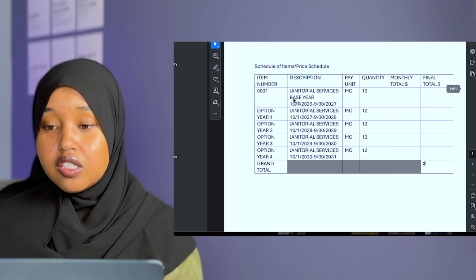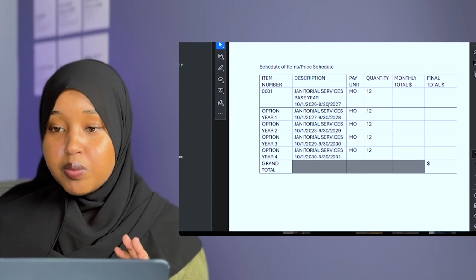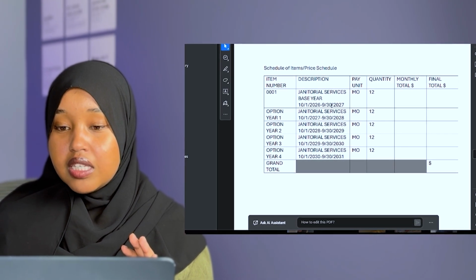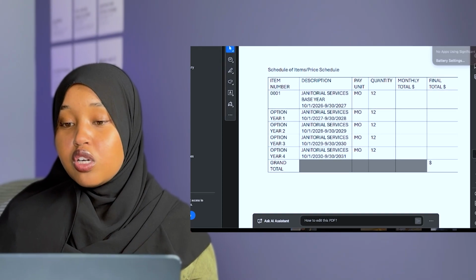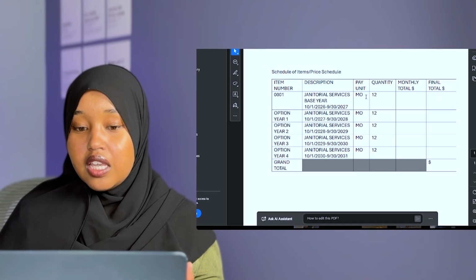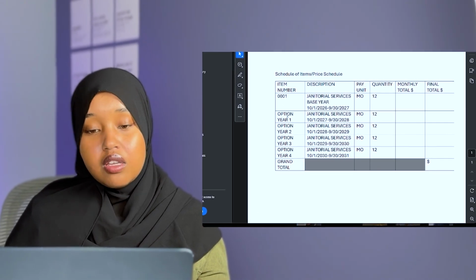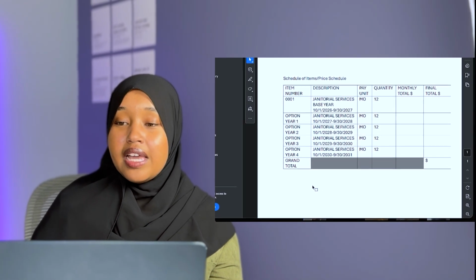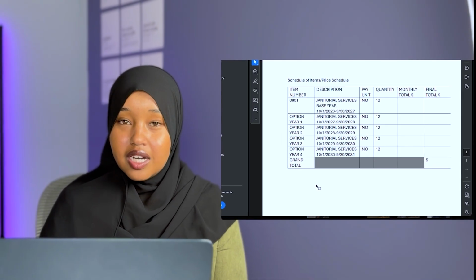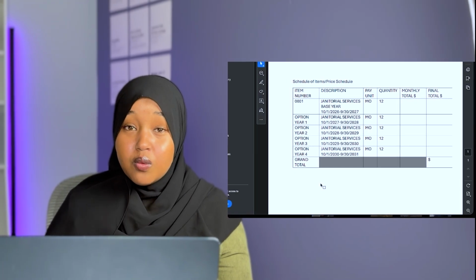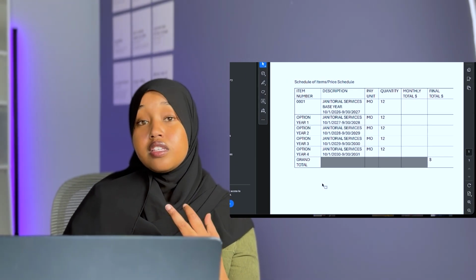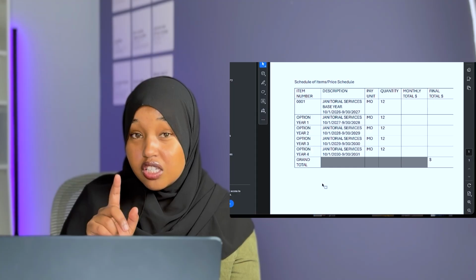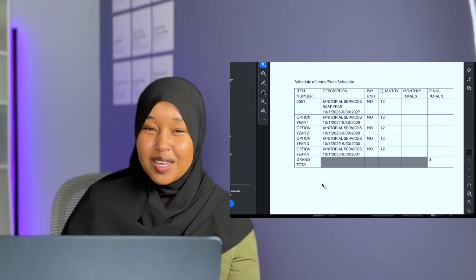Again, you will have to take this sheet and add it to your bid proposal document. And basically, it's how much do you want to charge every single year. This is the first year, and these are the optional years. We always bid for all the years. And many of you might ask, how do you know what to charge the next year? You will know because the scope of work is not going to change. The square footage is not going to change. The only thing that's going to change in this economy is the inflation rate.